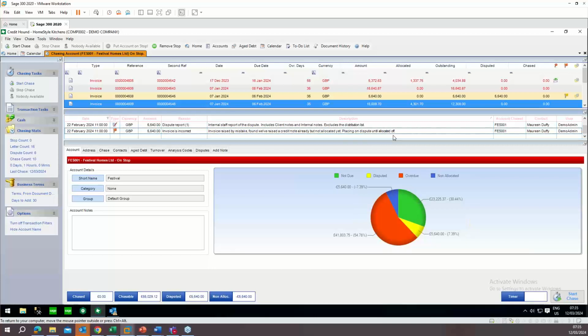So again, if you've got multiple users and someone is off sick, you're able to see all of their notes and history. If you're doing an internal audit, everything is kept within Credit Hound, which is great, makes it super easy. Now, the next thing I'll point out here is this nice big red banner showing us that this customer